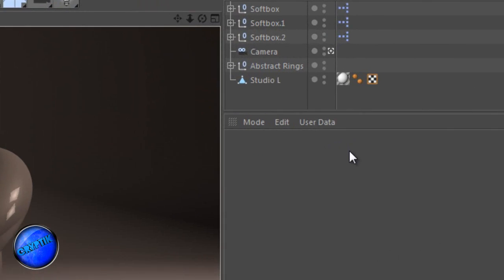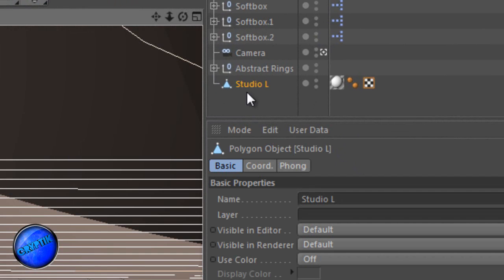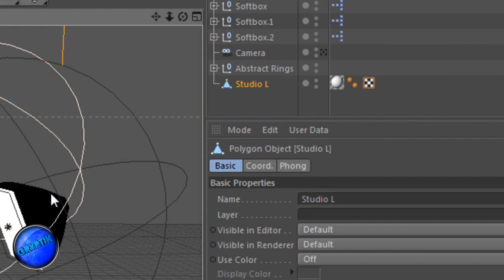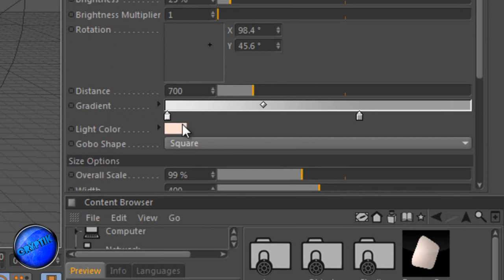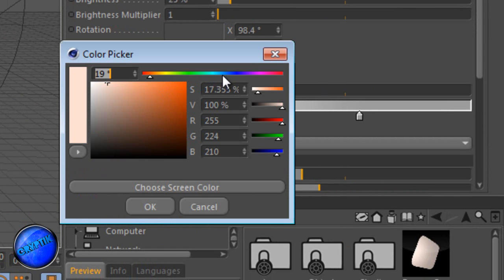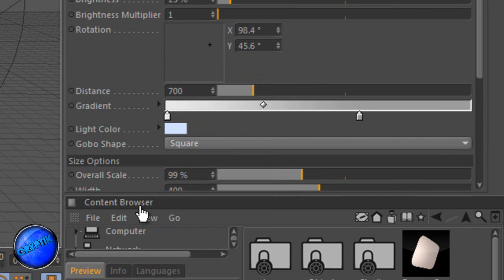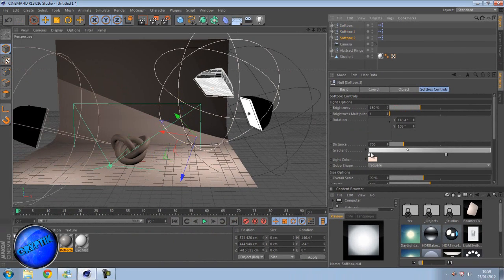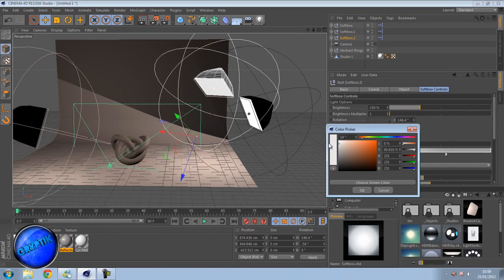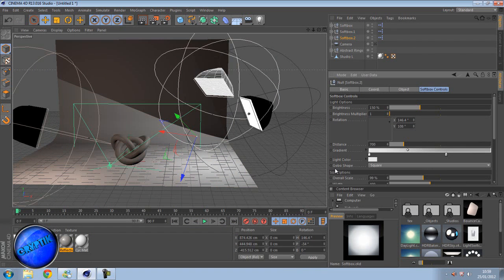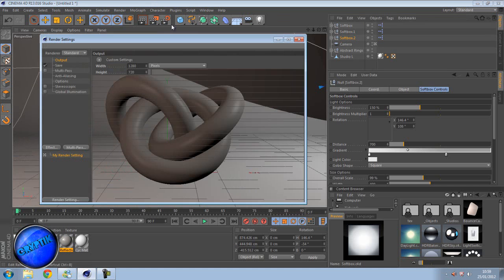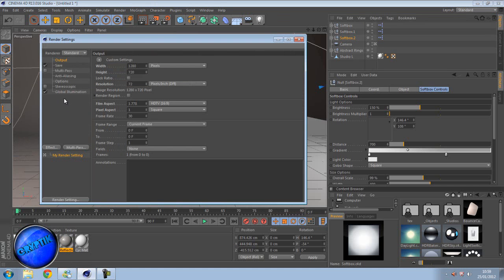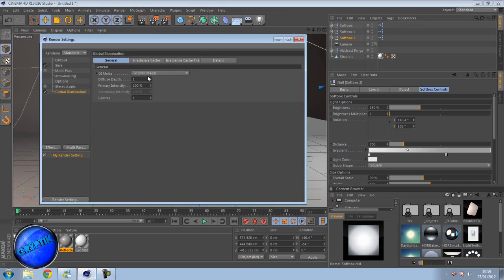But what I want to do is, come out this minute, so this softbox here, I want to give it a slight blue tint to it, and this one here I just want not pure white, but just, yeah, there we go. Right, now if we turn global illumination on, obviously this is going to up our render time, but